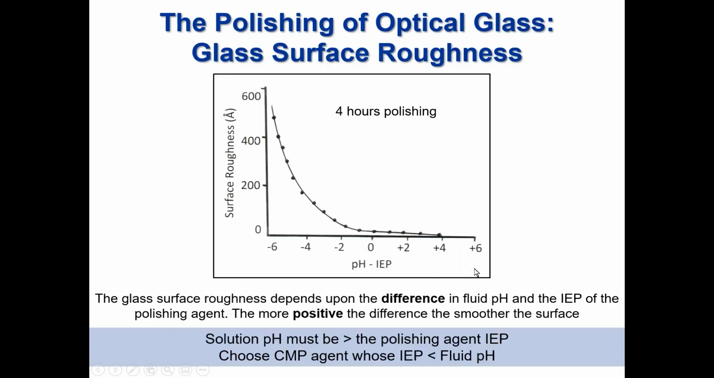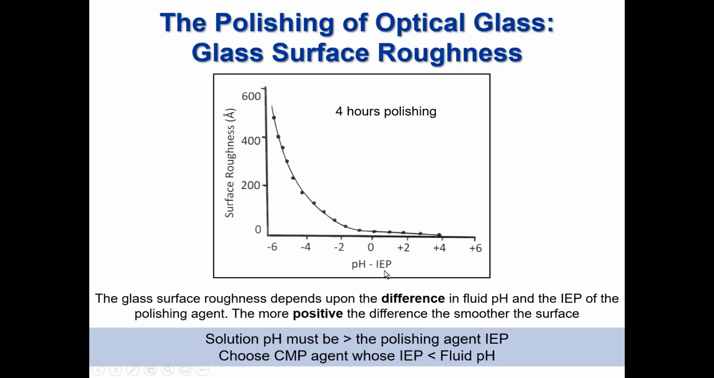Polishing experiments using a continuous polishing machine and a recirculating slurry were carried out. And this graph simply shows the root mean square surface roughness values after 4 hours of polishing. The values were obtained using a non-contact optical profiler, and an average of 5 measurements were made for each data point. We can see that the surface roughness depends on the difference between the fluid pH and the isoelectric point